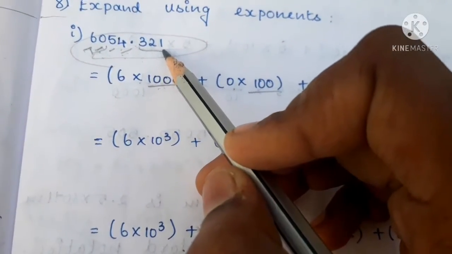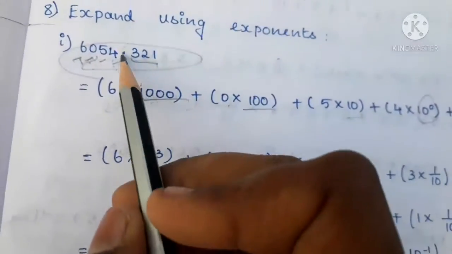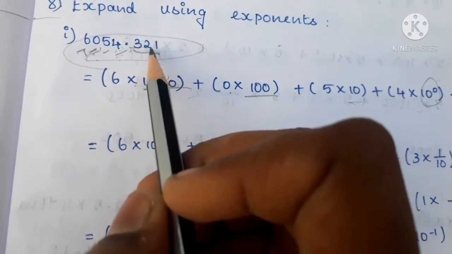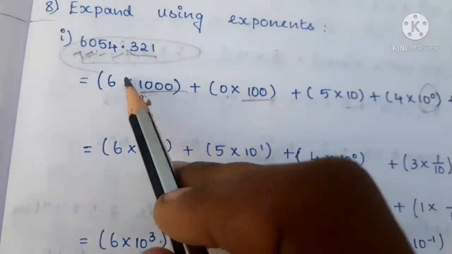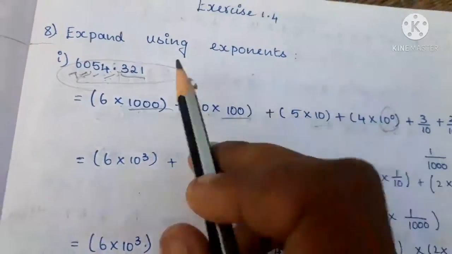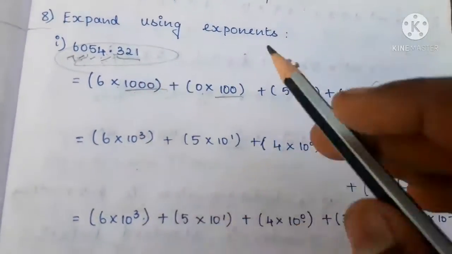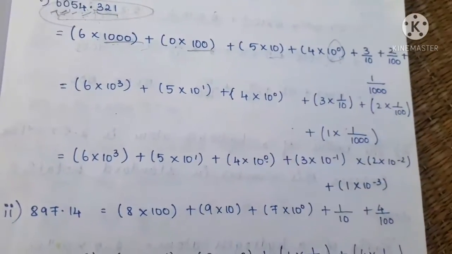In your 5th standard I think you have studied about the decimal place values. That is, after the decimal you will divide it: the first number by 10, the second number by 100 and the third number by 1000. So here we have three numbers. For that the first number 3 will be divided by 10, the second number 2 will be divided by 100 and the third number 1 will be divided by 1000. Okay, till this it is very good.